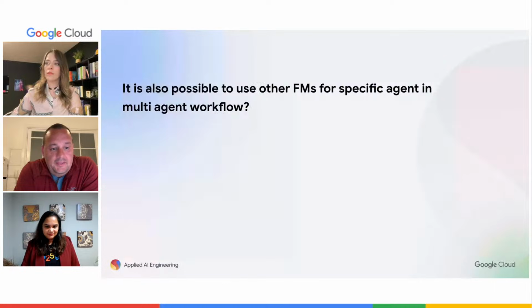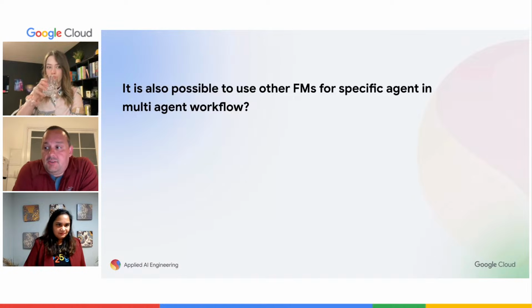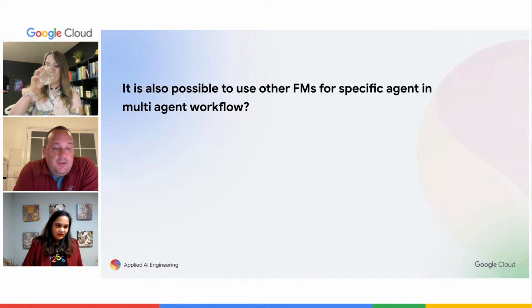Absolutely, yes. And that is again something that should be explored. Some agents might be quite simple in what they do, so you could use a much smaller model, Gemini 1.5 Flash 8 billion, for example, to reduce costs and reduce latency. And again, that would mean once you change a model, you would have to run your tests and evaluation once again, because that will change your overall system's behavior. But yeah, absolutely. Yes, thank you.